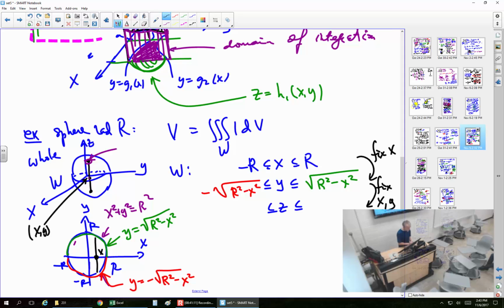xy is fixed on the xy plane. So the equation of the sphere, in case you don't remember, is x squared plus y squared plus z squared equals r squared. Okay, so x and y are fixed, which means that you express z simply in terms of those x and y, and it will be what? Plus or minus the square root of r squared minus x squared minus